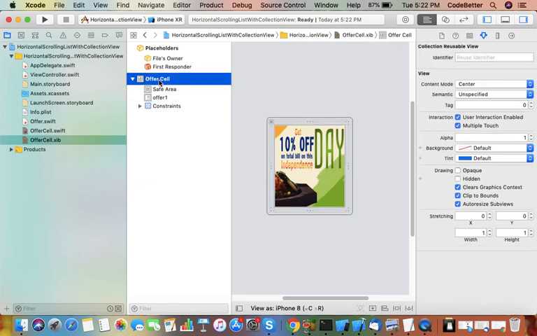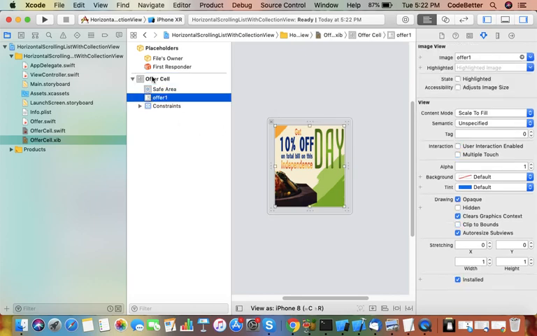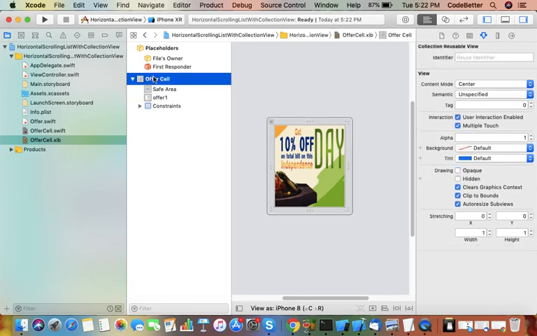Okay, so make sure that the image view is inside the cell design. Also, we need to assign an identifier to this offer cell design. So you have to select the cell from here, then you will get the identifier property. Now you can add an identifier to it.